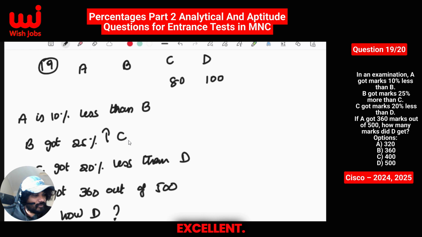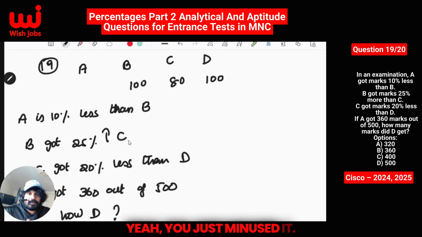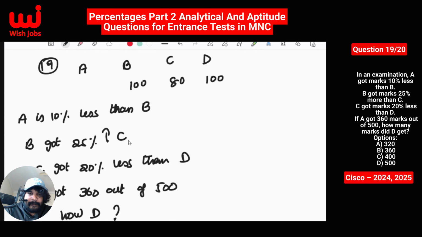Yes, 100. Excellent. See, 25% of 80 is, yeah, you just minus it. Okay. A is 10% less than B. How much will A get? Excellent. 90. Okay. So then